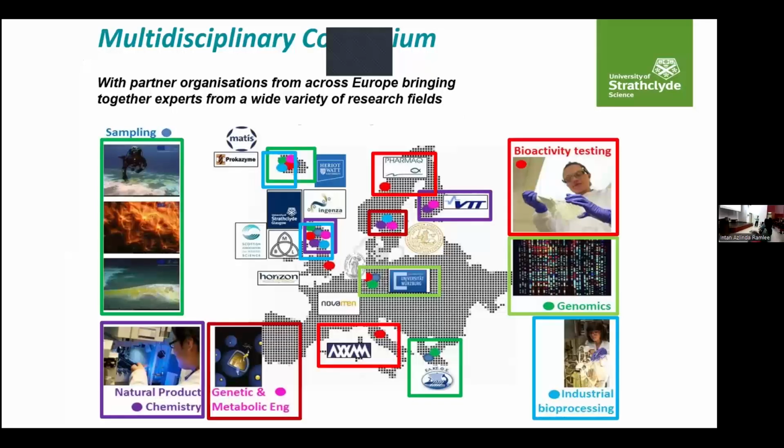Basically we are part of a big consortium in Europe, which means we're not doing the job on our own. For example, biological testing is done at Strathclyde, but we also involve small medium enterprises in Europe. One example is a close collaboration with Pharma somewhere in Norway, as well as AXA somewhere in Italy. Genomics is very important for us. That's looking at the molecular biology of bacteria and fungi we're working with, and as well as we want to look at the biosynthetic genes, how things are actually being produced in the metabolites. Then we collaborate with the University of Würzburg as well as a company called Matis